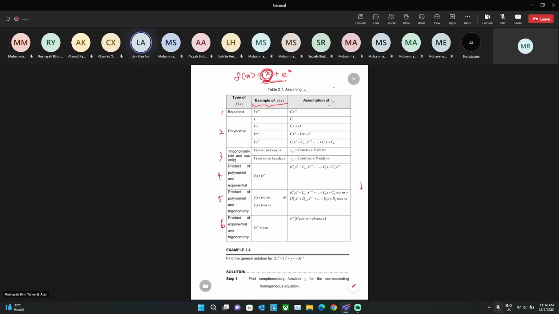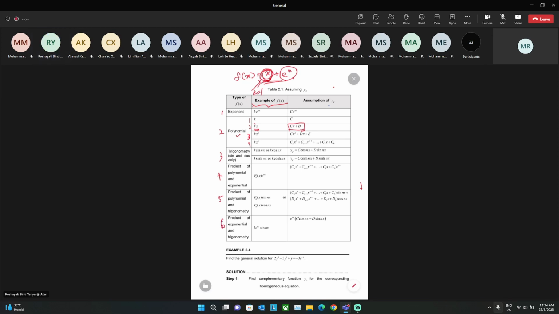Polynomial, the second one. Which one? The second one, yes, because it has x. So x, k here in this case, k can be 1. Okay, so kx, so you can assume your yp equal to cx plus d. Right? So for the second one here,